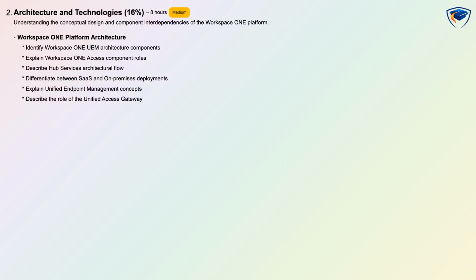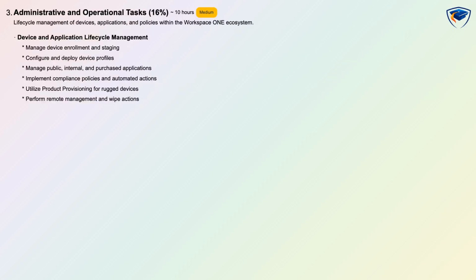Difficulty is medium with about 8 hours of study and assessment focused on conceptual and scenario-based questions. Expect to learn the roles and interactions of Workspace 1 UEM components, Workspace 1 Access component roles, and how hub services flow through the environment. You will differentiate SaaS and on-premises deployments, understand unified endpoint management concepts, and learn the role of the Unified Access Gateway in secure access. Administrative and operational tasks is 16% and deals with life cycle management of devices, applications, and